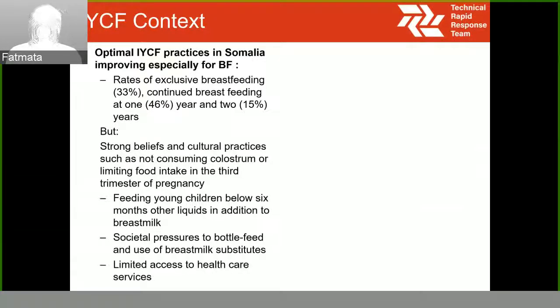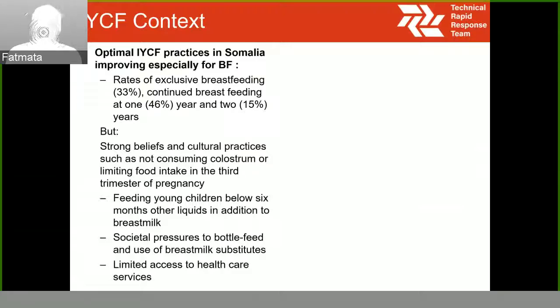Moving to the infant and young child feeding context in Somalia, I'm pleased to say that since last year we did an infant and young child feeding assessment, which revealed significant improvement in infant and young child feeding in Somalia, especially around breastfeeding indicators.